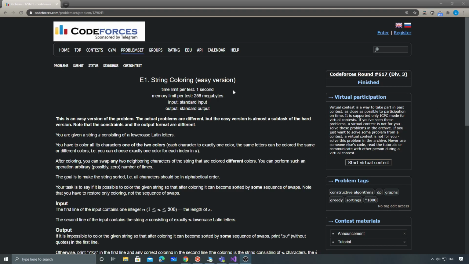So today, let's take a look at another Codeforces problem, String Coloring, easy version. You're given a string s consisting of n lowercase English letters, and your task is to color all its characters into one of two colors. Basically, either color 0 or color 1. Doesn't really matter. Each character only has one color, and the same letters can be colored